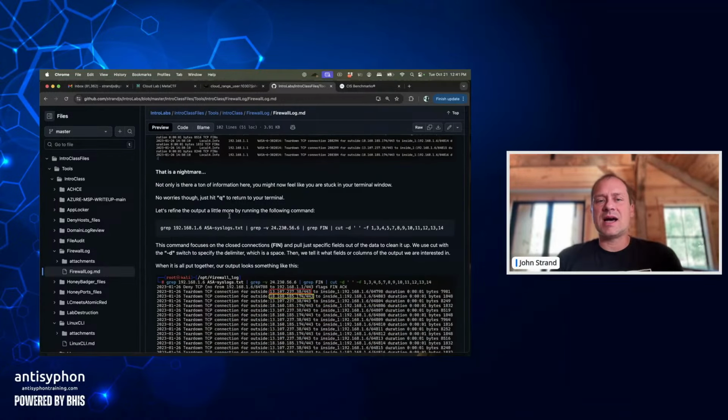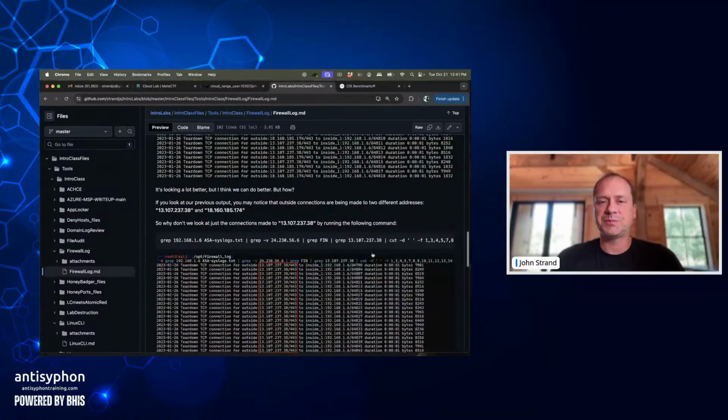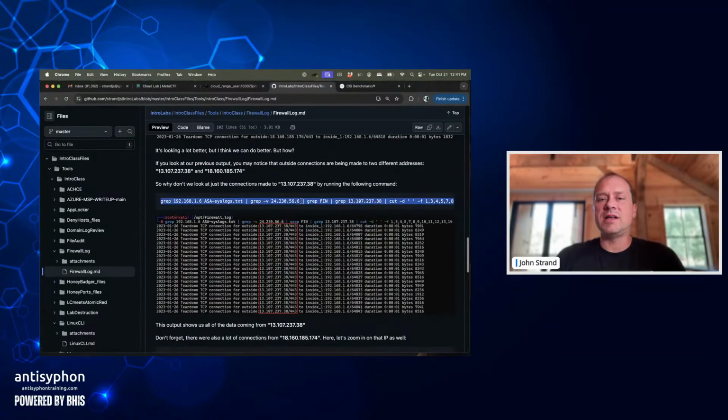Then we're going to start cutting out different fields of interest. So we pipe that through fin because that has the network end state, and it has data size, the connection time, things like that. We're going to cut, specify a delimiter of space, and then we're going to pull these specific fields. Then you're going to move on down and you're going to grep out specific strings of interest like this potential IP address that is compromised, which is